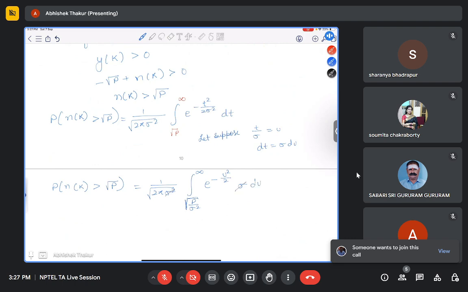So this sigma and this sigma square will get cancelled, so finally we will get square root of 1 by 2 pi